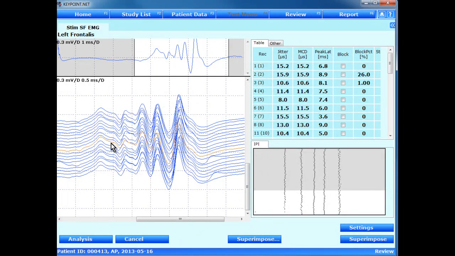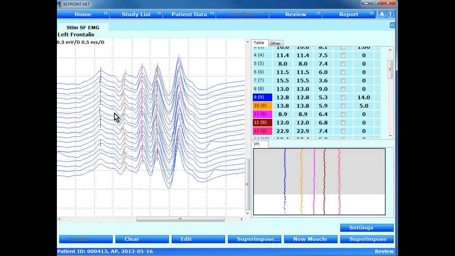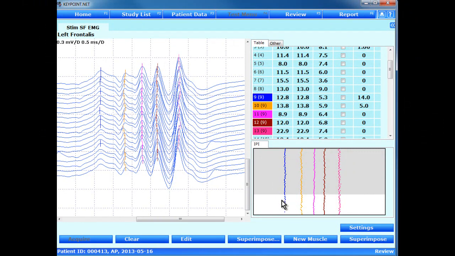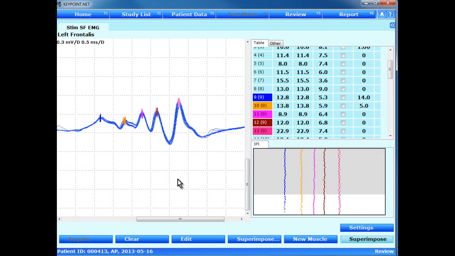So with higher amplitudes we get more spikes, and here, for example, not all of them fulfilled the criteria, so you have some gaps in the signal here. So this is really tricky. It looks like you have some nice recordings and the computer has accepted everything, but when we superimpose, if we take for example just 5 recordings, then you can see again how these signals here